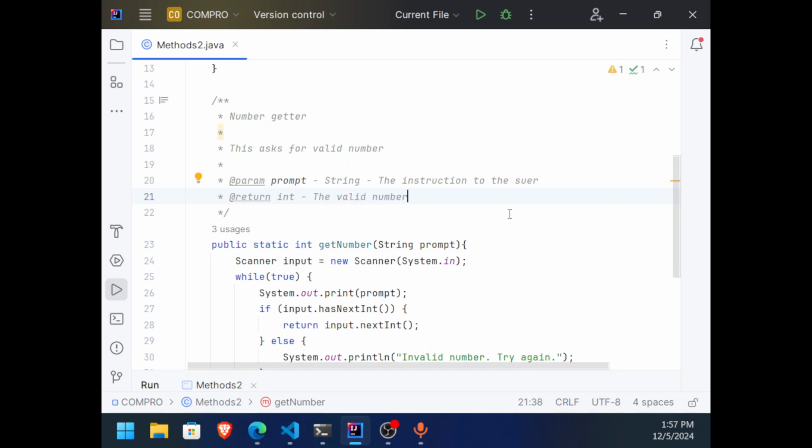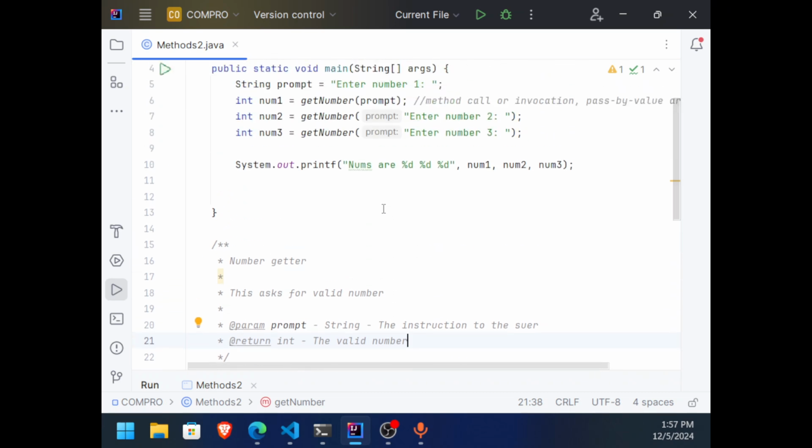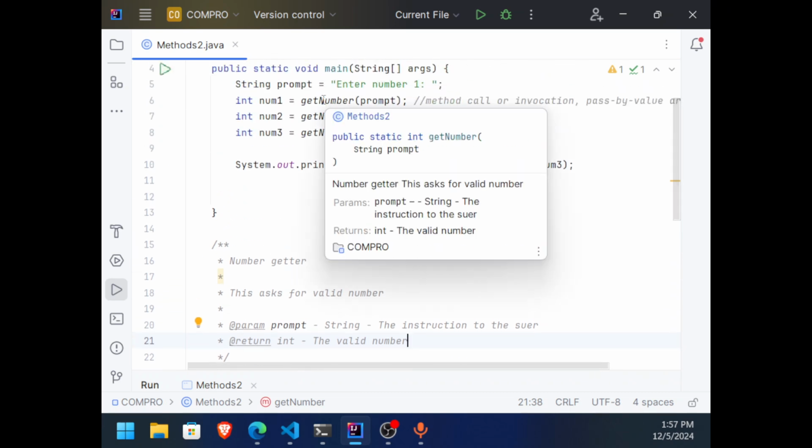This is just an explanation of your code so that when you are going to use it, when you hover over it, you will see the documentation. This one, I gave that. This asks for a valid number from, it's a string, the instruction to the user, and the valid number.